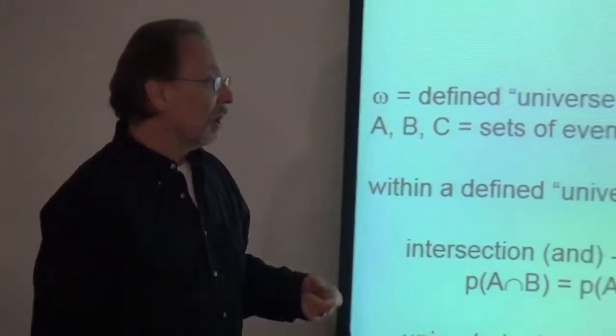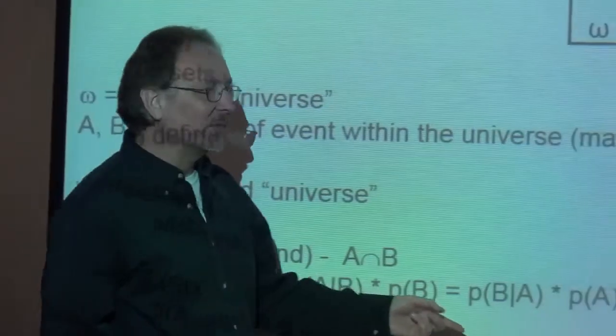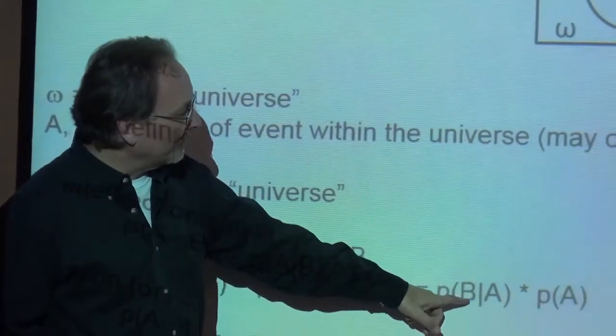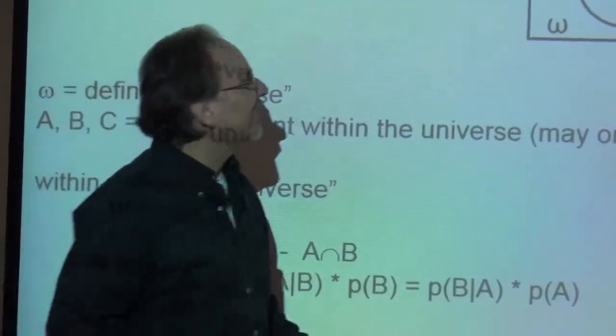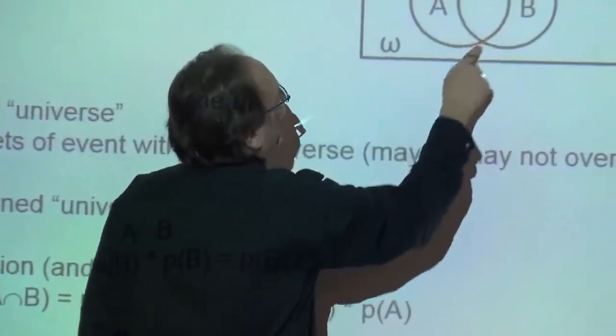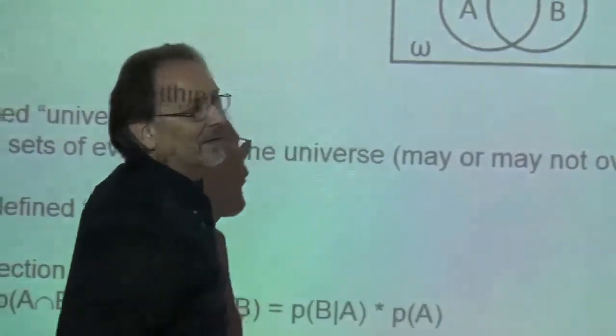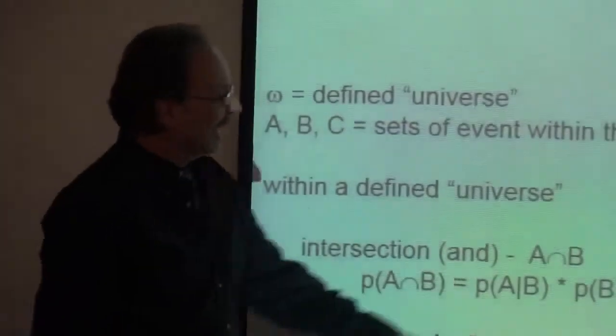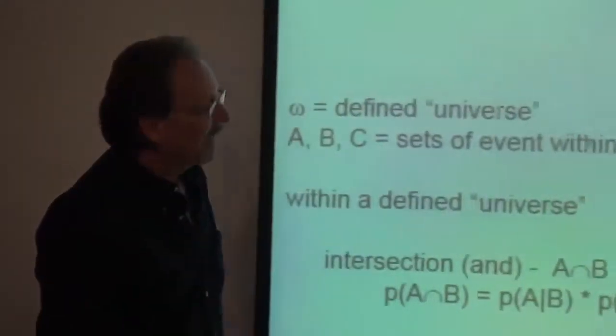The intersection of the two is also defined as the converse of that. The probability of being in B given that I know that I'm in set A. In other words, I know that I'm in set A, what's the probability of being in set B also? Times the probability of A. And I'll give you an example later, but just think about it for now. Okay, so those are two ways to define intersection.